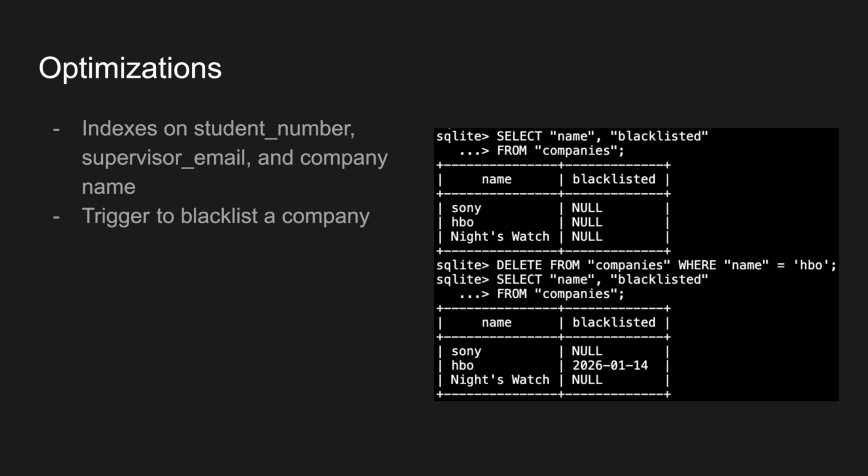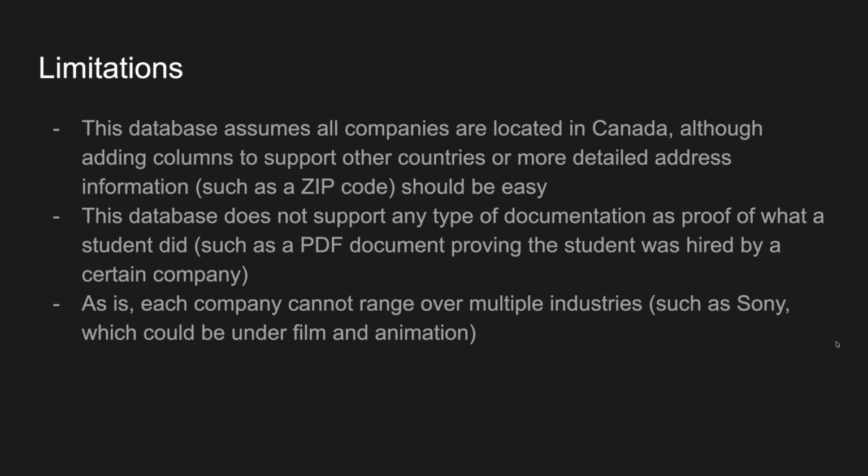A trigger was also created to blacklist a company, which instead of deleting a company from the database, soft deletes it by assigning a date to the blacklisted column of that company. As you can see on the example on the right, as for some limitations of the database, it assumes that